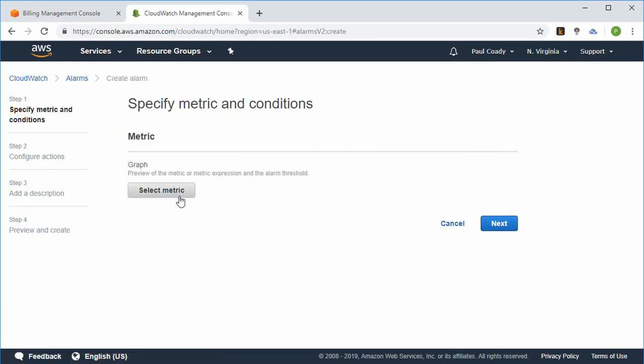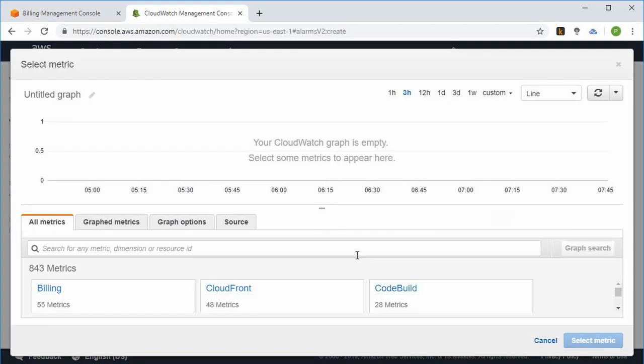We need to select a metric. And we have a number of metrics to select from. The ones that we want are billing. Now,